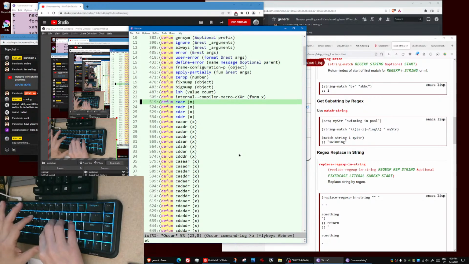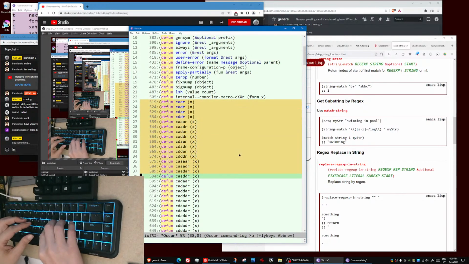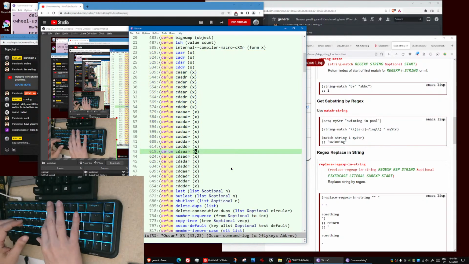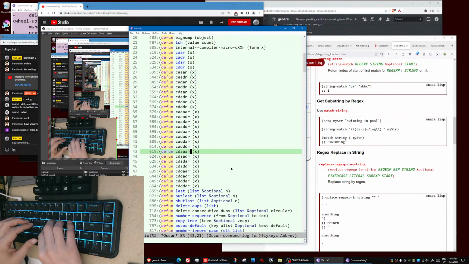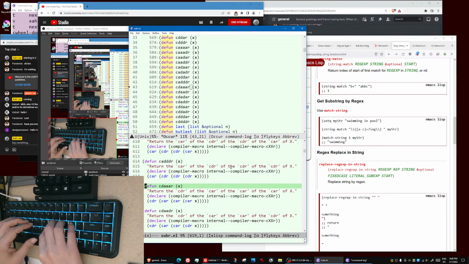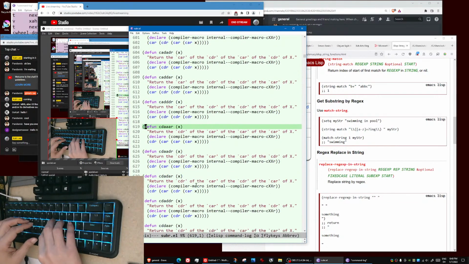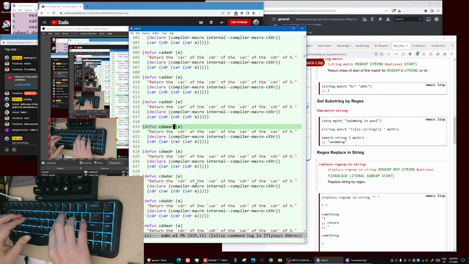You can see this bunch of crazy functions. This is one of the problems of Lisp, because Lisp is based on cons. It's interesting to know that they are written in Emacs Lisp as opposed to implemented in C. This is one of the fundamental problems of Lisp